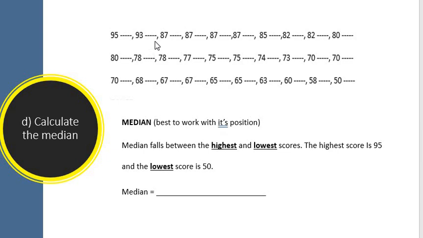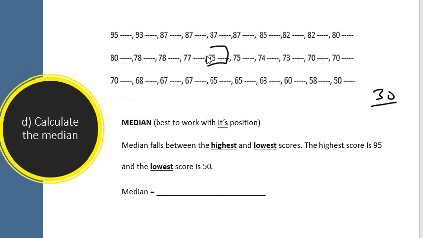Alright, so let's go back to the example, or question, that we're working with. What is the median? Do we have an odd amount of numbers or an even amount of numbers? Remember how many scores we're working with? 30. And 30 is definitely an even number. We have 30 scores. So in half we'll have 15 numbers. Remember we have 10 here, 20, 30. So it's 10, 11, 12, 13, 14, 15. So we have 15 numbers